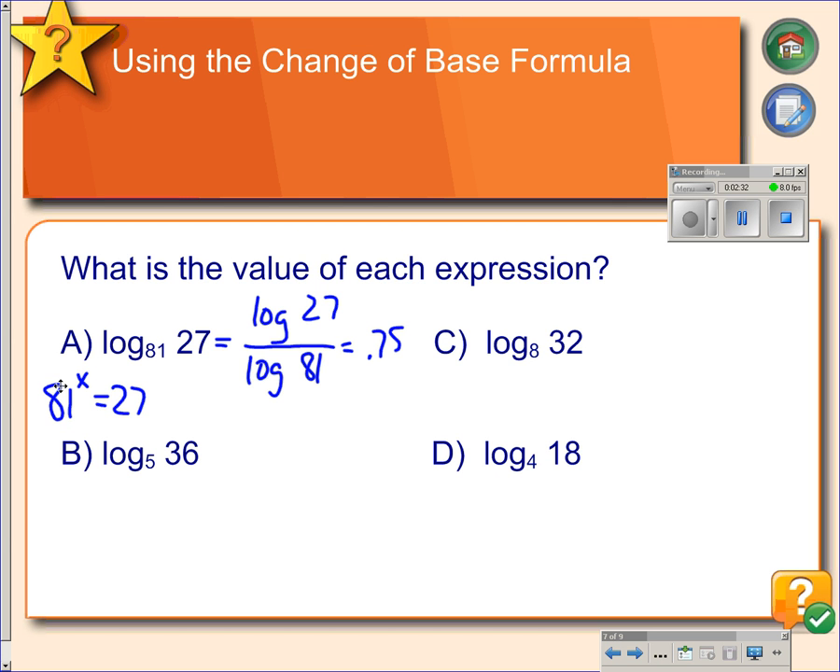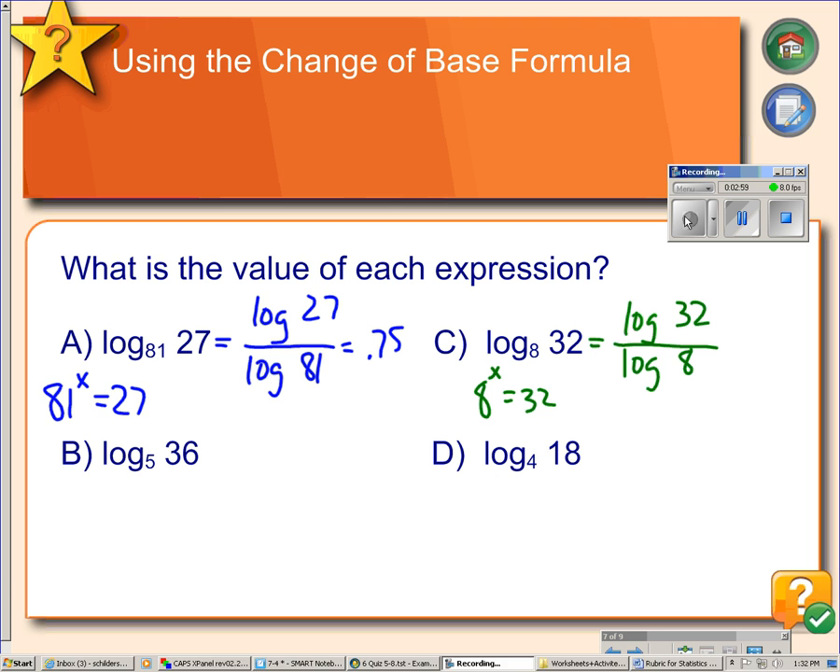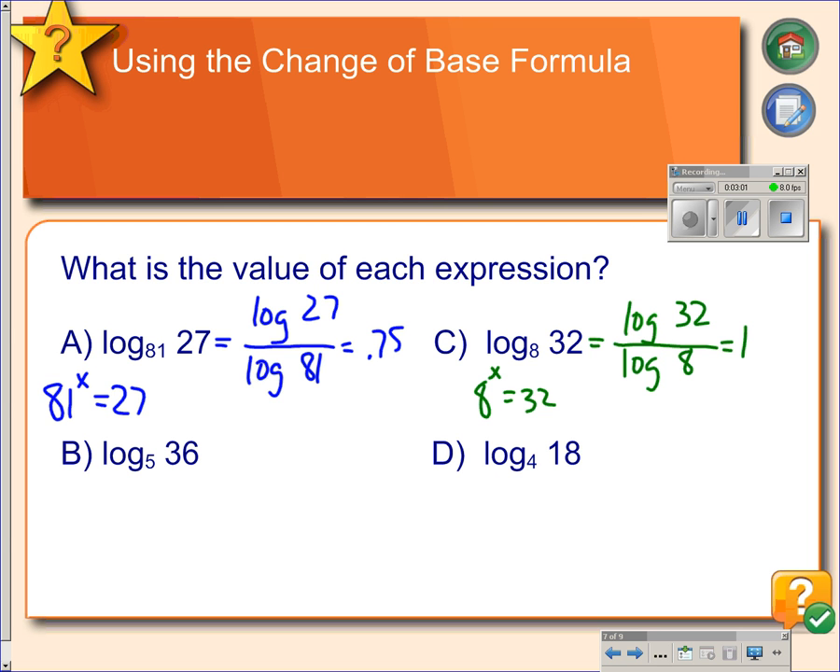In example C, we have log base 8 of 32. Again, it's possible to figure out this log by doing 8 to the x power equals 32 and figure out what exponent you need. It'll be a fraction, but you could do it. If you don't want to take the time to do that, you can use the change of base formula and do log of the tall number, which is 32, divided by log of the base number, which is 8. And we get 1.6 repeating, so that would be 1 2/3, which equals